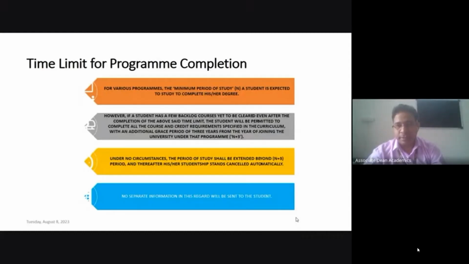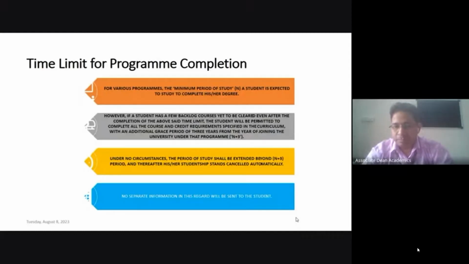Within 8 years, an integrated MTech or integrated MSc student has to complete the degree. If they fail to complete their degree requirement within 8 years, or within 7 years for a BTech student, then their degree will automatically be cancelled. So no BTech student will be allowed more than 7 years, and no integrated MTech or integrated MSc student will be allowed more than 8 years.